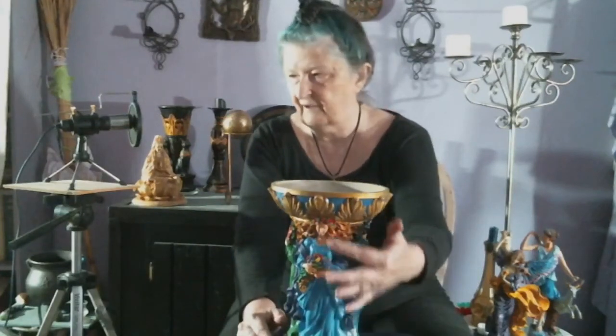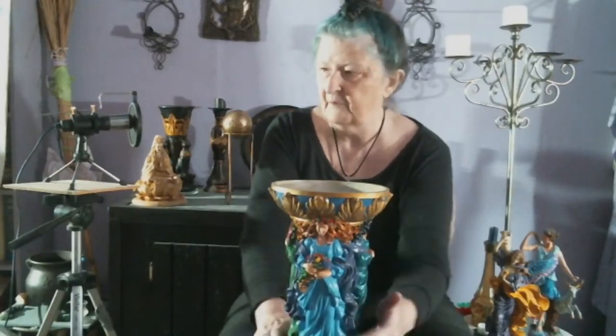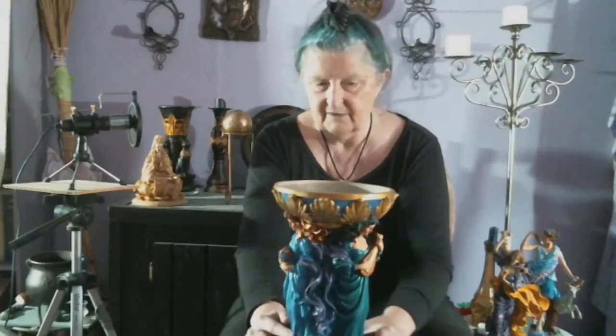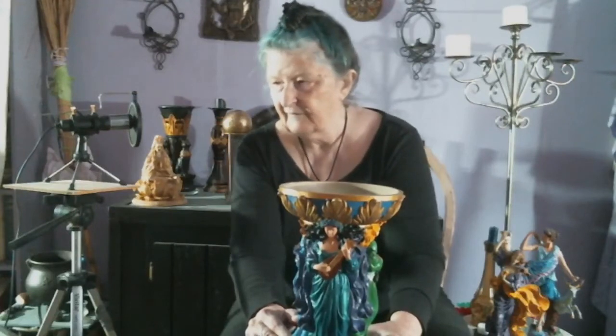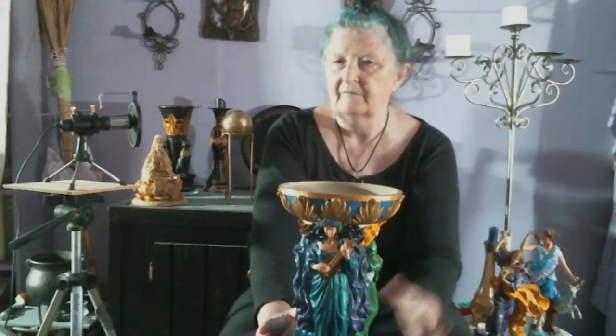And she has different color hair. Every one of them's got slightly different hair. The maiden is blonde. The mother is brown, brunette. And then the crone is in somewhat darker colors. She's in sort of a dark aqua, and her hair is black. And so this is a piece that we keep on our Eastern altar as part of our main altar representing the triple goddess. We have other kinds of representations over there, but this is a nice way